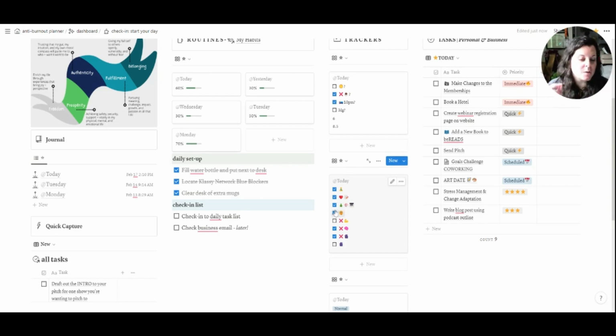So I use emojis to remind myself what this one means. And then sensory rest is just spending some time in quiet. I got that in both this morning and by going for a walk without headphones. The next one is physical rest, which I did not get today. I went for a walk. So physical rest, I check that one when I take a rest day from exercising and working out.